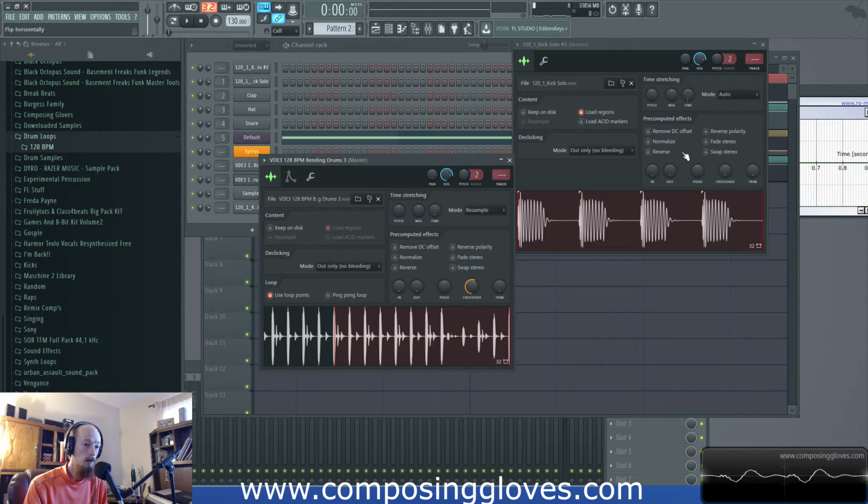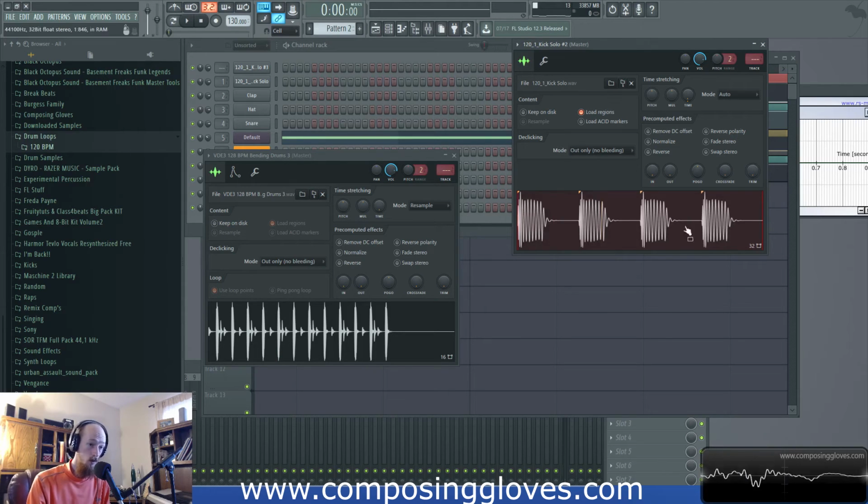We got a click there too, so you need to be aware of clicks. Okay, so this last one's trim. Now, trim won't work here because I have region markers. So I can choose not to load my regions. And then as I turn it on, you will know, well, okay, let's come over here because I still have